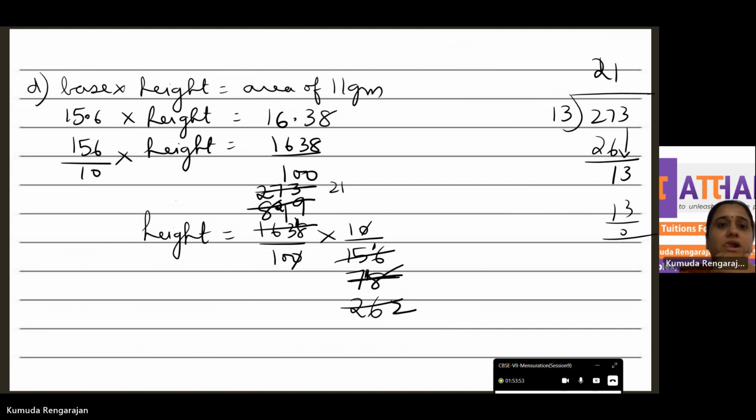Understood, Navneet? Now, what do we have now? 21 and 2 we have. 21, 2. Now we cannot simplify any further. Okay. So height is equal to